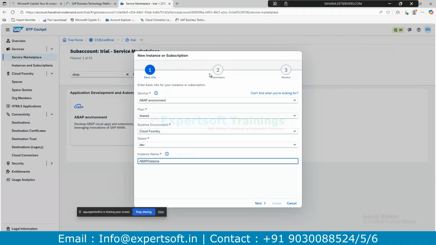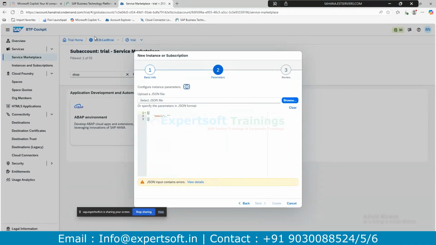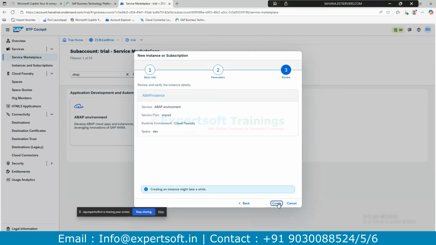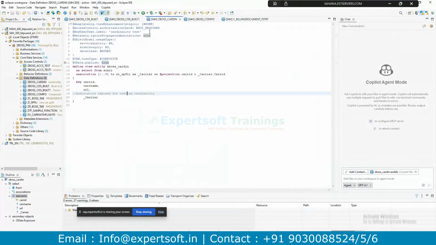Okay, so this is just an overview of how the BTP configuration and our layout look, and what the main concepts are as components. The service I'm giving is the ABAP environment, and I'm subscribing to this ABAP environment. ABAP environment in the sense is what you are currently developing in. See, you have to develop somewhere, right?